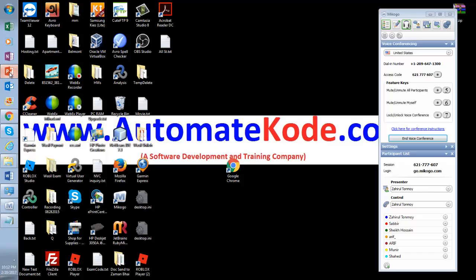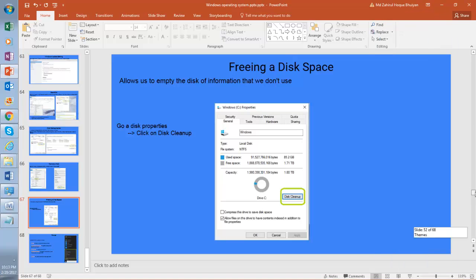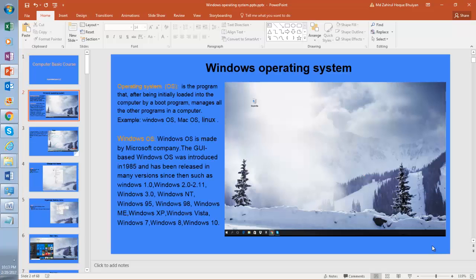Okay, now we have some slides. We will be following these slides. I will also be supplying these slides to you. So my discussion will be basically centric on these slides. As I said, this class is a computer basics course. I will be starting with Windows operating system. Now the first topic that I am going to discuss: what is operating system? The operating system is